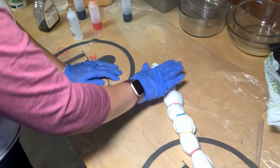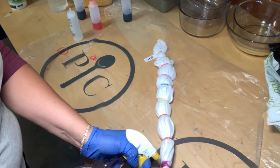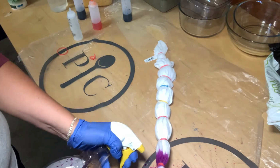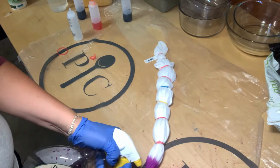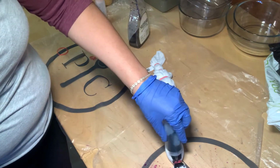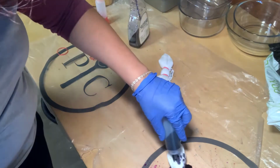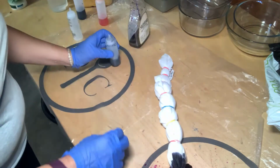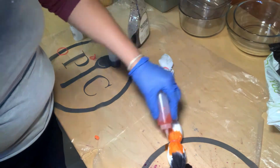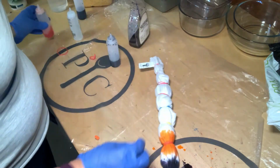Here we have it. So we're gonna combine any colors that you want. Okay, since I already have this purple one, I'm just gonna go ahead and dye right in the middle and kind of bring it all around, just like that. And then I'm gonna do the black right in the middle. It doesn't have to be perfect. Remember that it doesn't have to be perfect. And the orange. Leave some spots white for the novelty. And then again, we're doing the